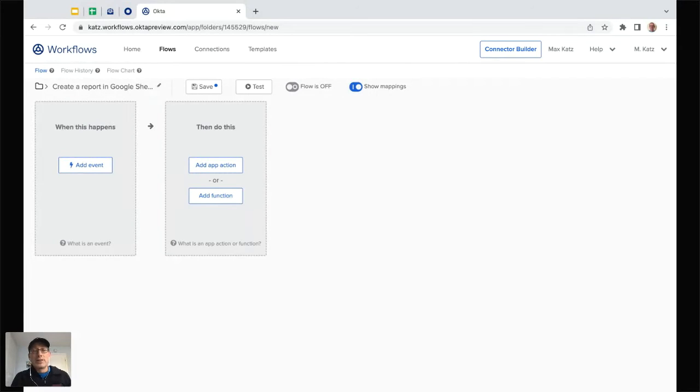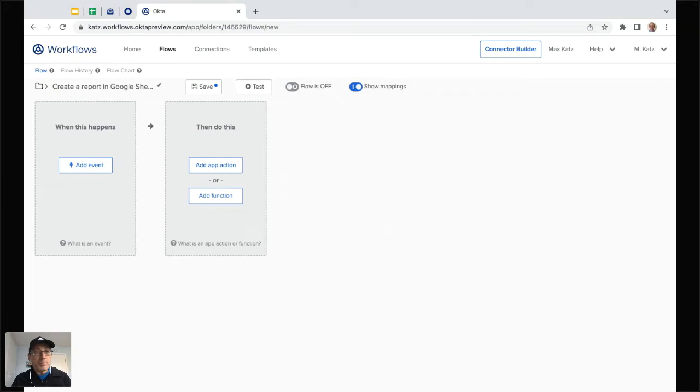So in general, what we're going to do is create a report. When a user is suspended in an organization, that's when we want to add the record to a report. Based on that event, we want to add that user to a report and then also notify someone and say, hey, a new user was added to the report. In addition to telling that person a new user was suspended, we also want to send a link to the report